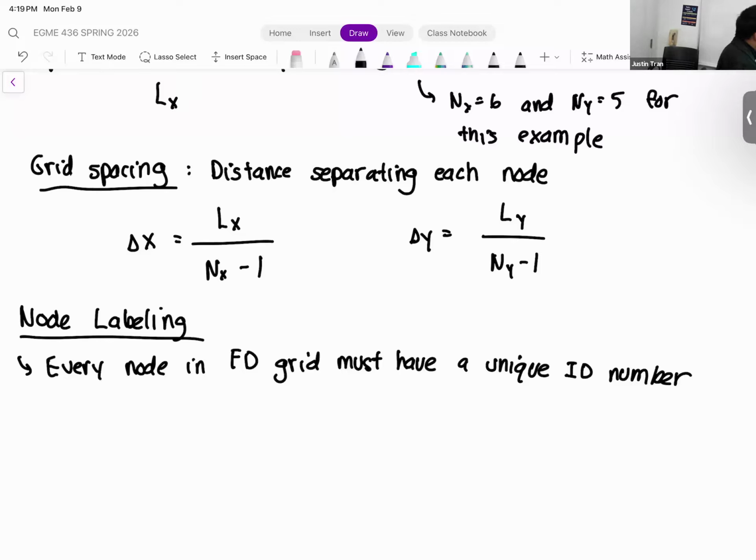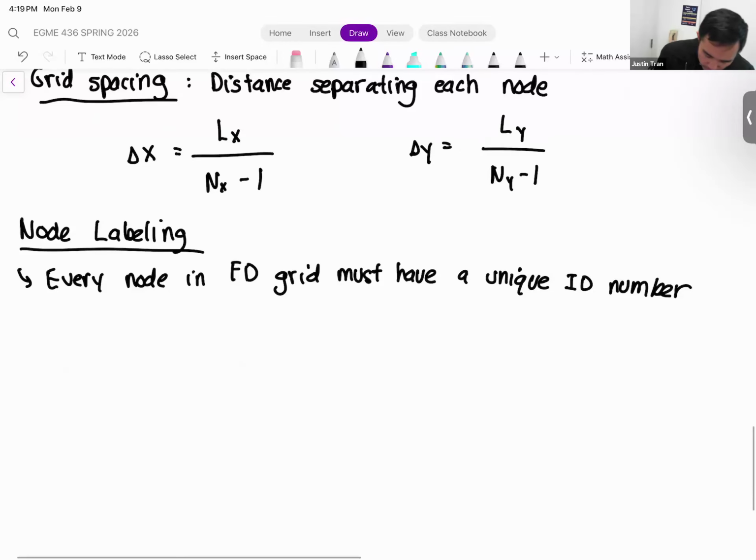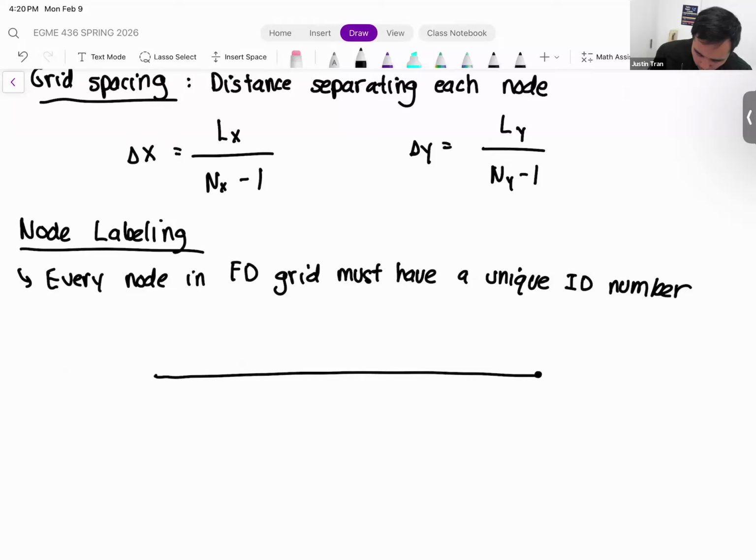It's exactly the same as the 1D domain. It's just that in the 1D domain, it was very straightforward. If you look at our 1D grid, we had our line broken up into smaller lines, and the node numbering was something we didn't pay much attention to because there was only one obvious way to do it, which would be to number them from left to right. But for a 2D grid,